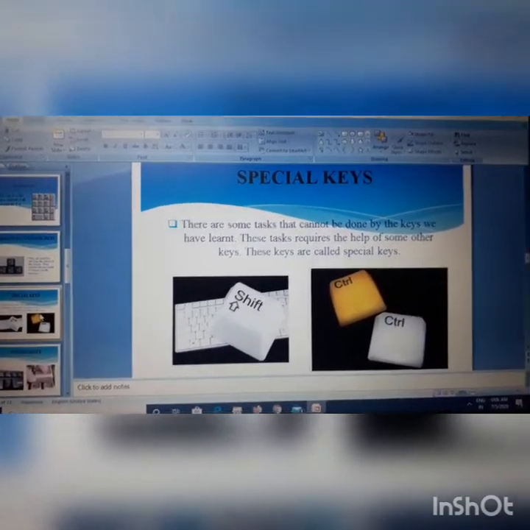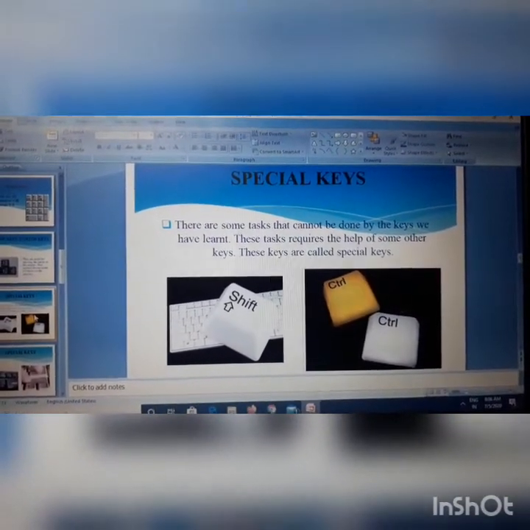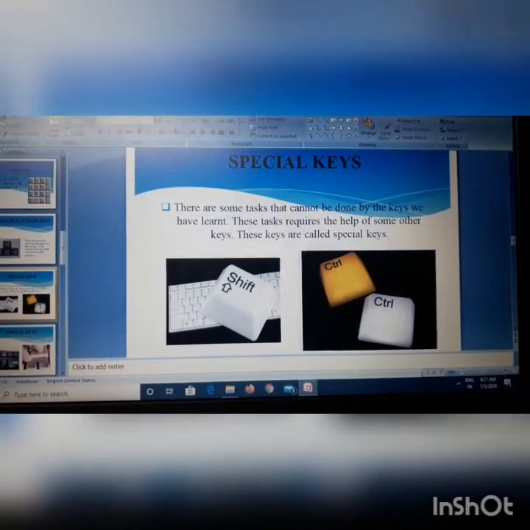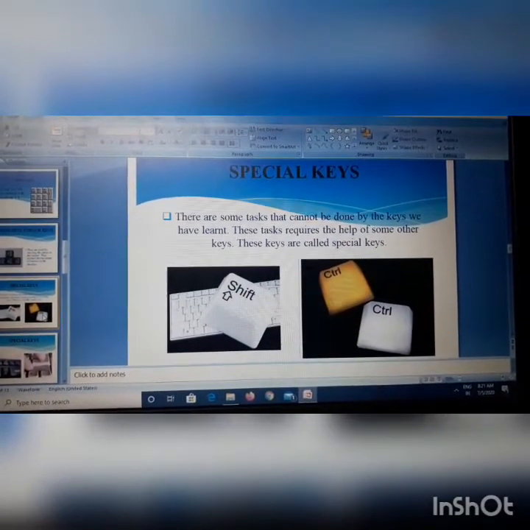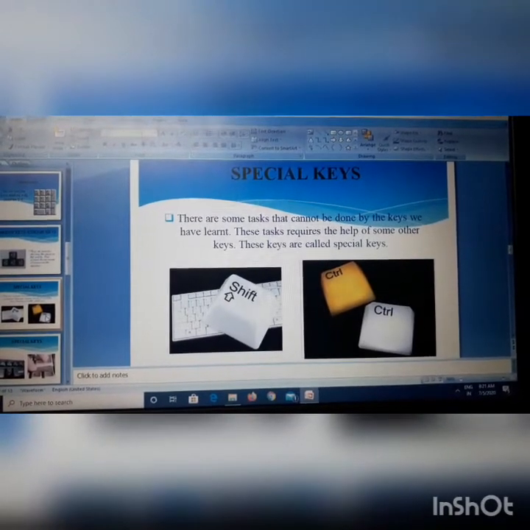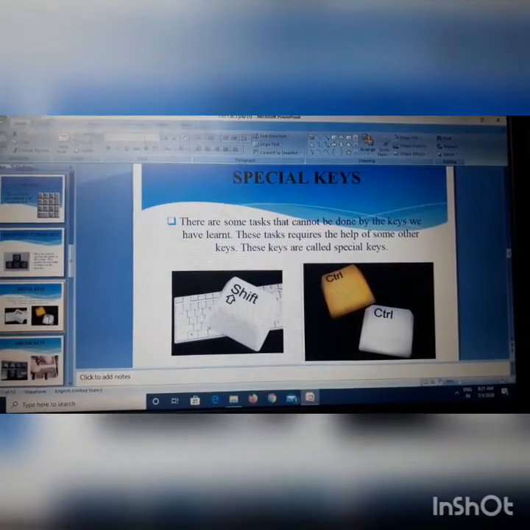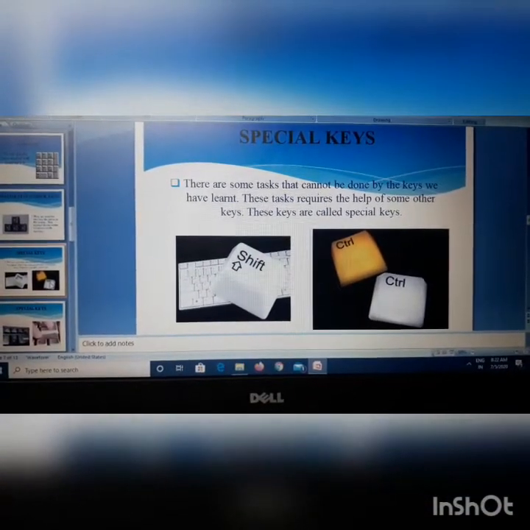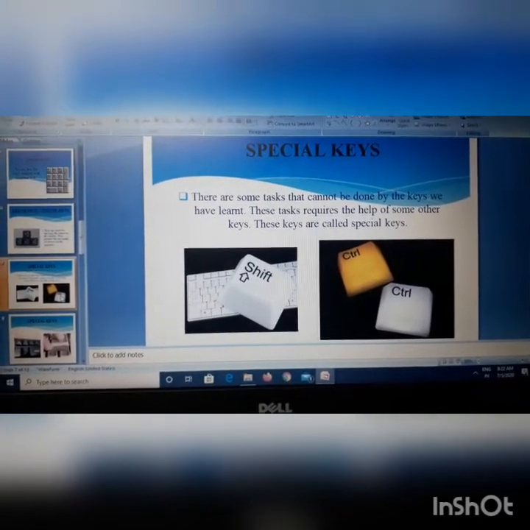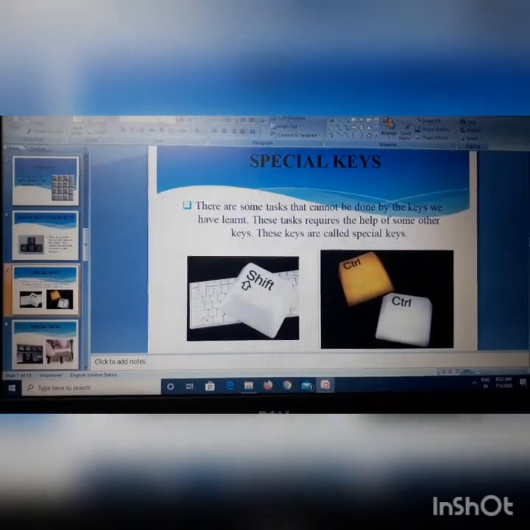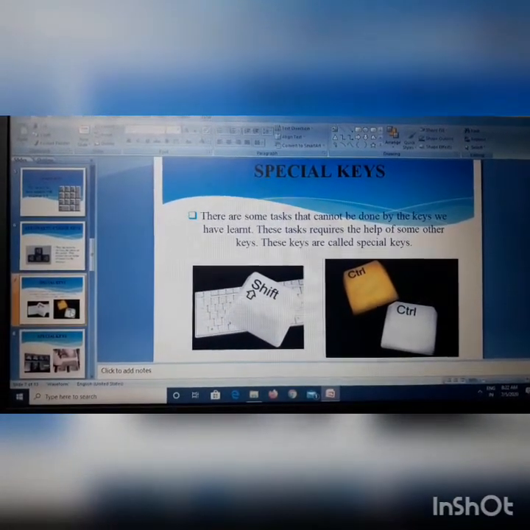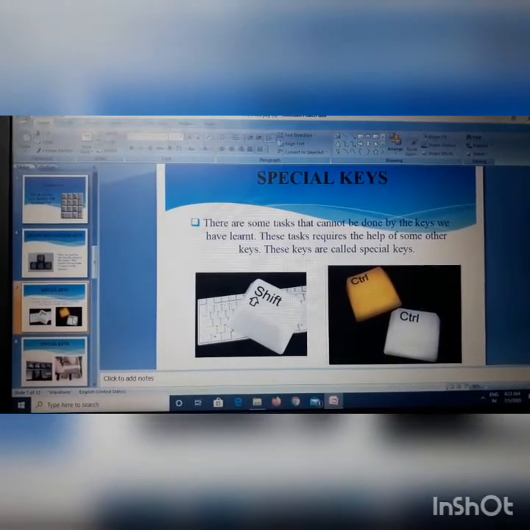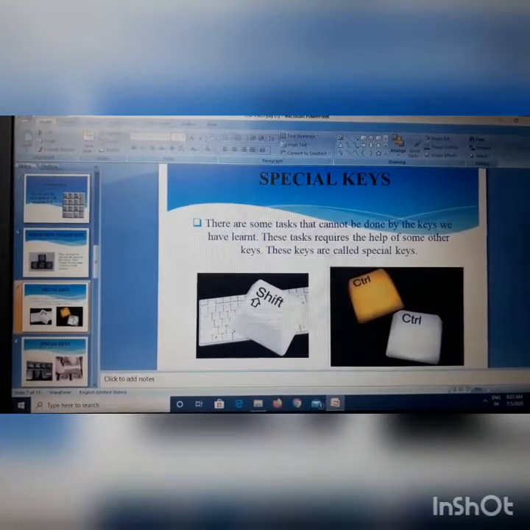Now let us see about the special key, shift key. The shift key is used to type the upper character symbols. To type the upper characters, you have to first press the shift key, and while keeping it pressed, you have to press the key that has the upper character. For example, you can take the number key 4. If you want to type the upper character in the number key 4, you have to press the shift key along with the number key. Then you can see the upper character in the monitor. That is, dollar symbol will be displayed in the monitor.